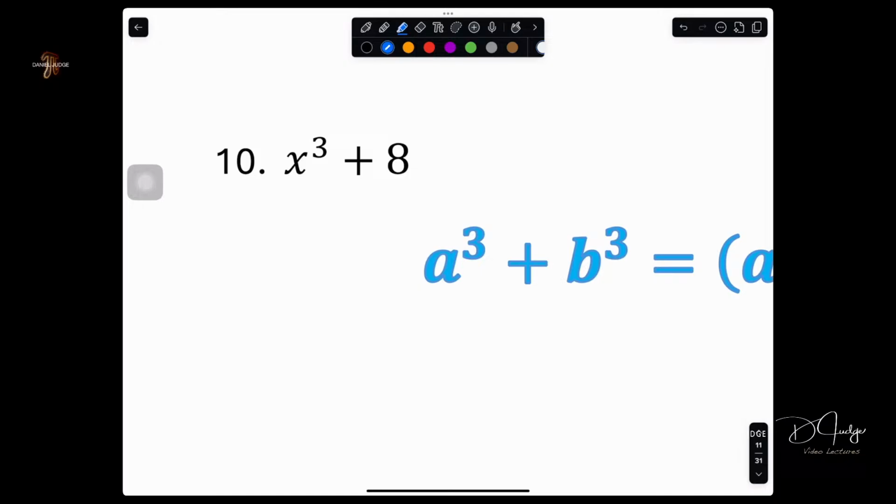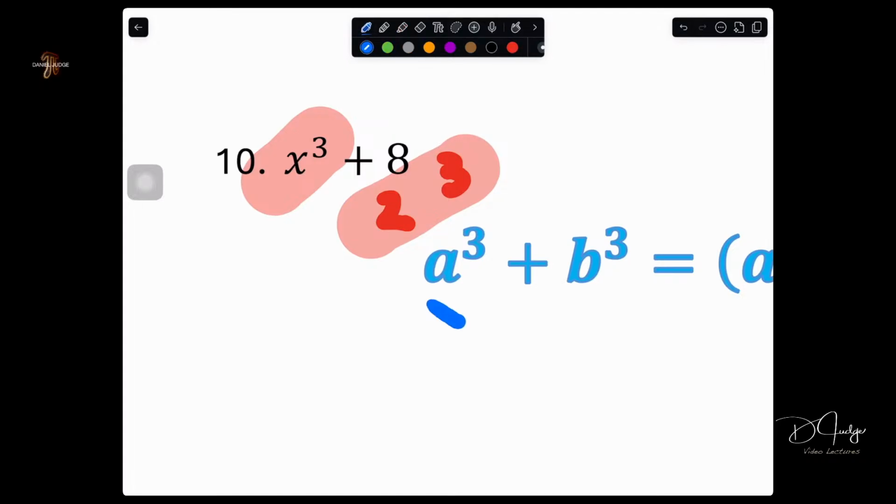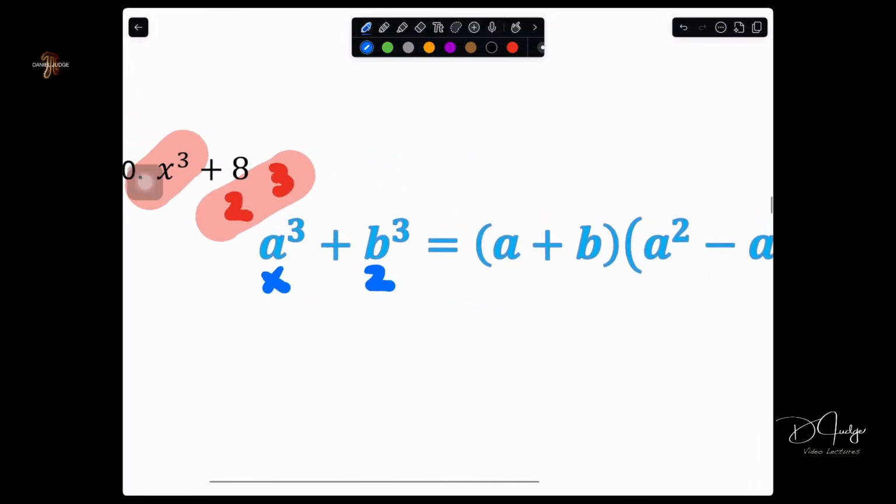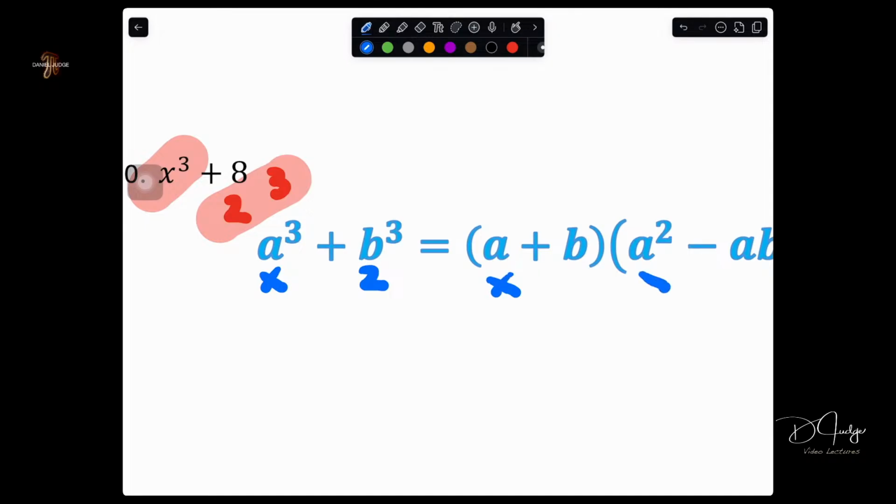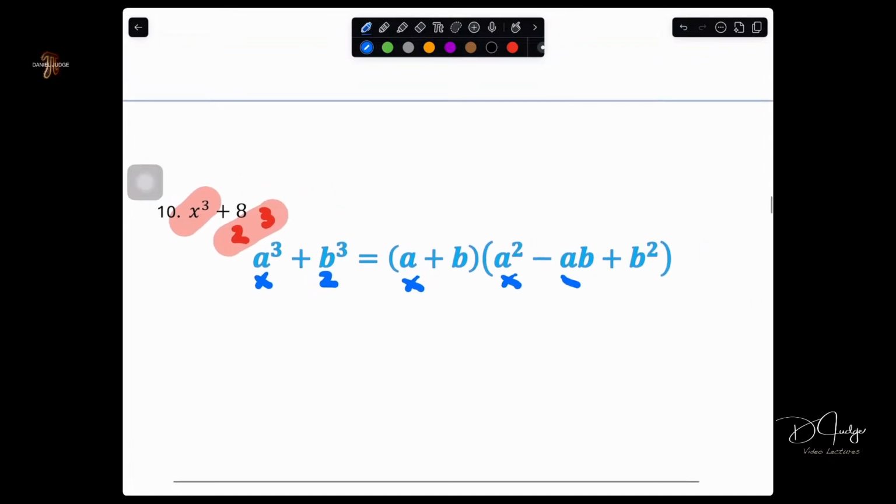Here's another sum of perfect cubes. Because 8 is 2 to the third power. That's a perfect cube. We already know x to the third power is a perfect cube. We now know that 8, which is 2 to the third power, is also a perfect cube. So again, a is x, but b now is 2. So just replace your a's with the x and your b's with the 2's. So you'll get x cubed plus 2 cubed, which is 8,